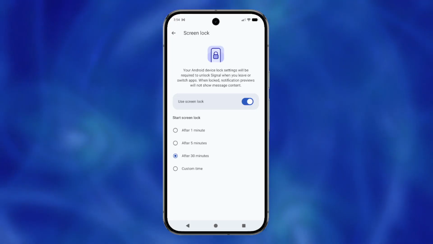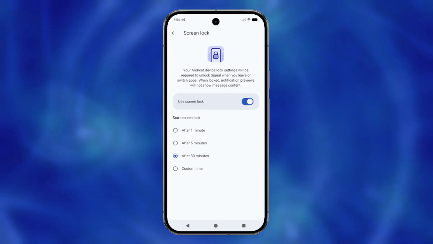And that's it. You've successfully set up fingerprint lock on your Signal app, giving you enhanced security and peace of mind, knowing your private messages are protected by